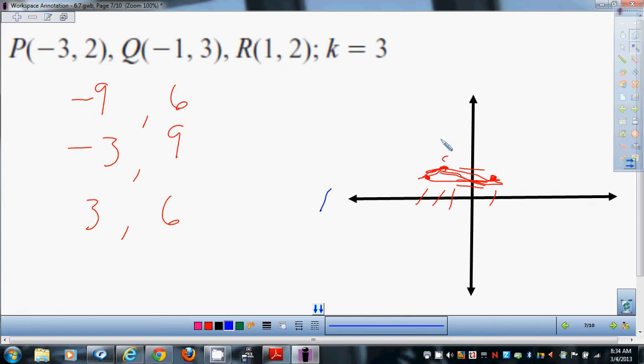That's why it's helpful to do it on one axis that we can